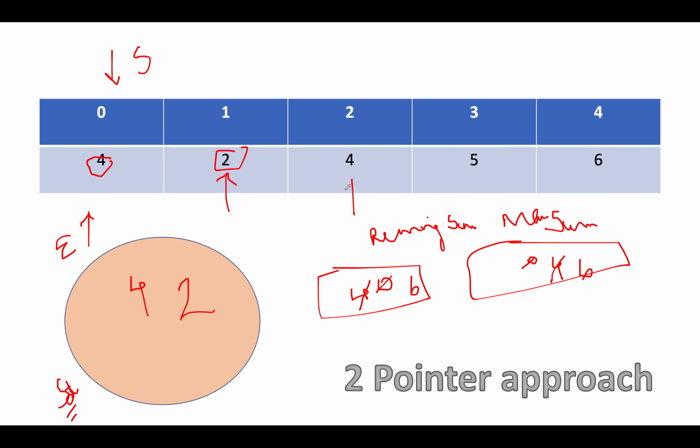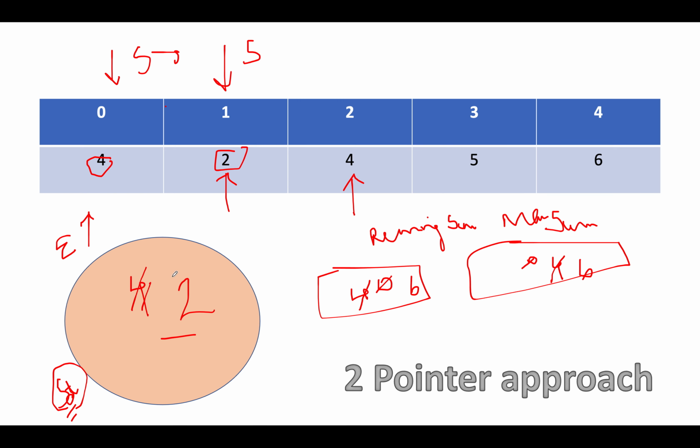And next we have 4. Since 4 is already part of our set, it would create a duplicate, therefore this time instead of moving the end pointer we have to move the s pointer so that we do not consider duplicate elements, and we will increment the s pointer to the next index and we will delete 4 from the set.